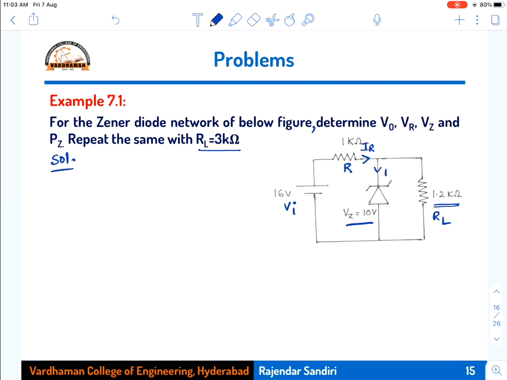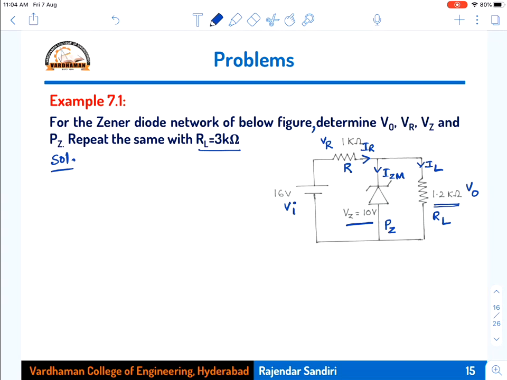Here I represent IZ maximum. So when the diode is on, the current that will be flowing is IZM, and the current in this is IL. Okay, so these are all the current directions. The voltage across this one is V naught, the voltage across the resistor R is VR, and here the voltage is VA. And if you calculate power also, the power across this GNR diode is PZ, which is equal to VZ into IZ. Okay, so this is all about the circuit diagram and its parameters.